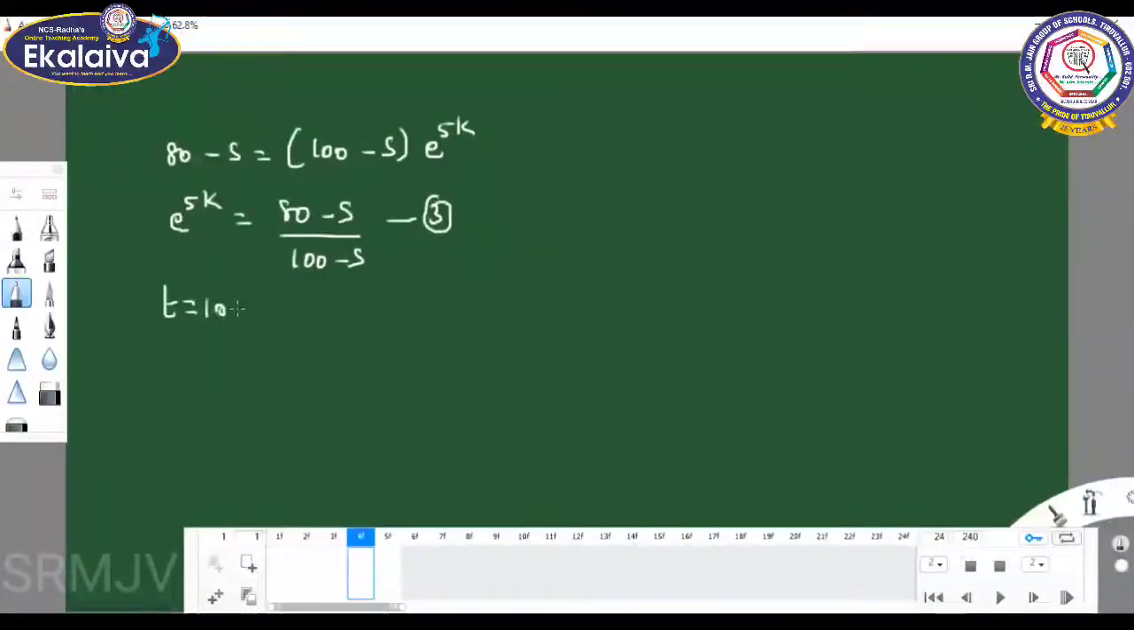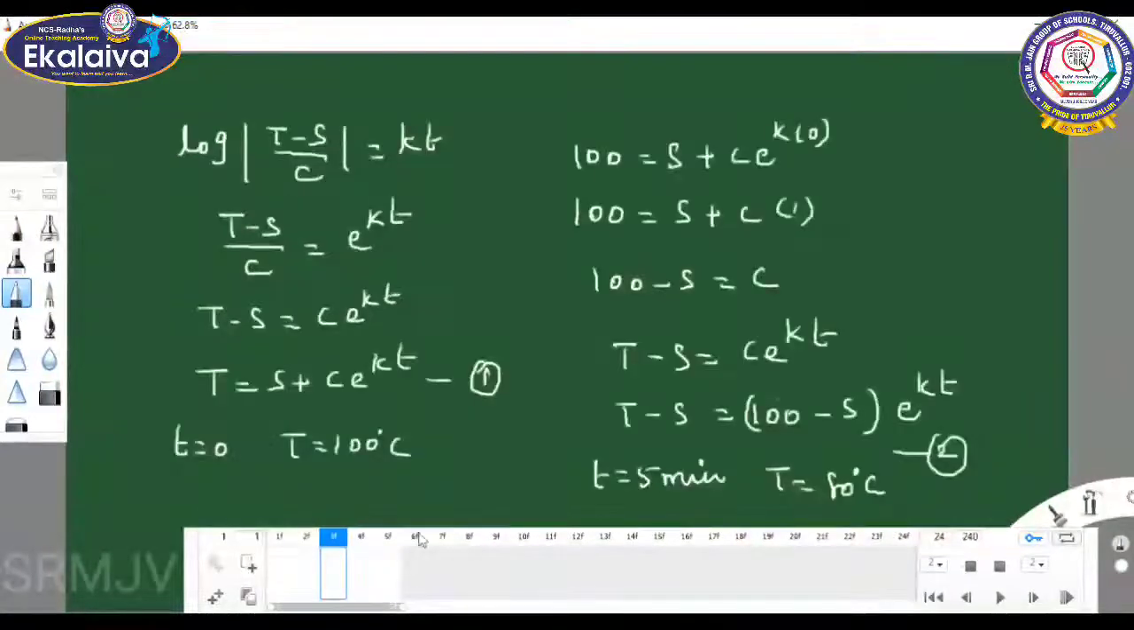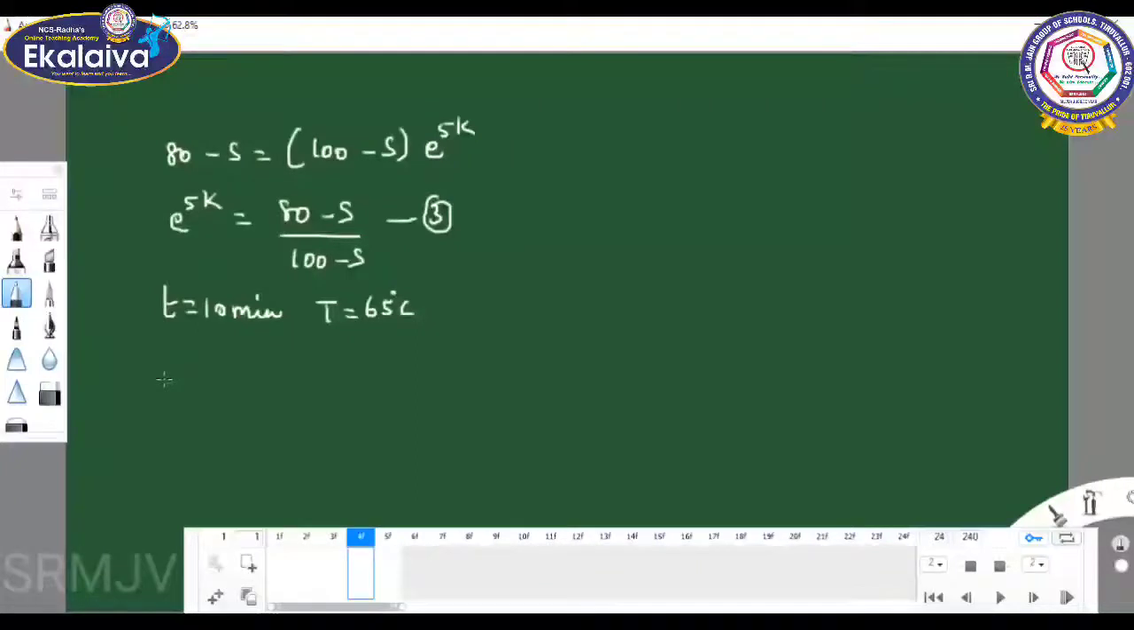After 10 minutes, the temperature becomes 65 degrees C. You can apply this in equation 2. So 65 minus s equal to 100 minus s